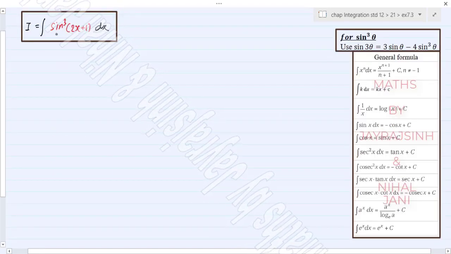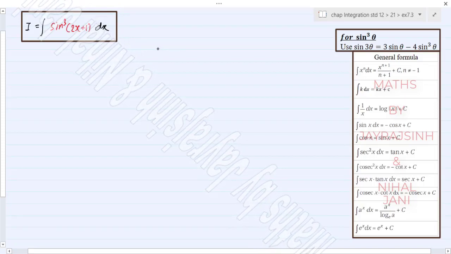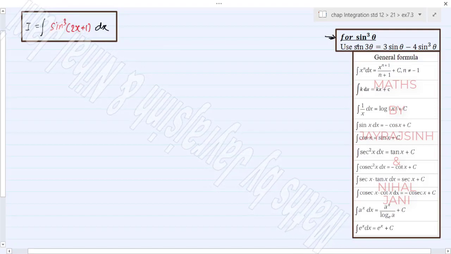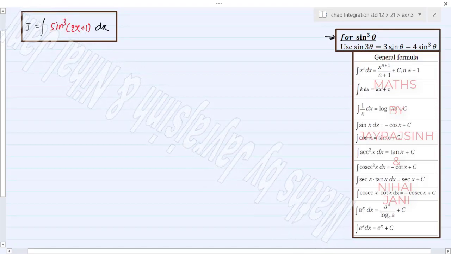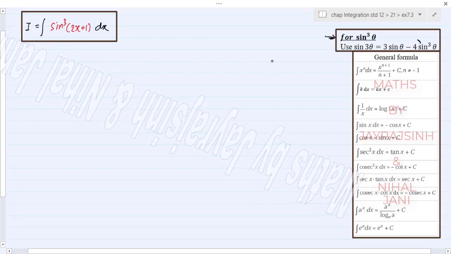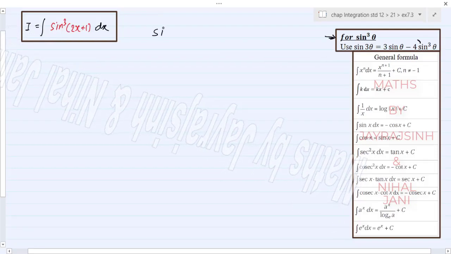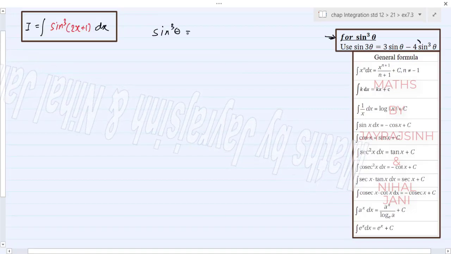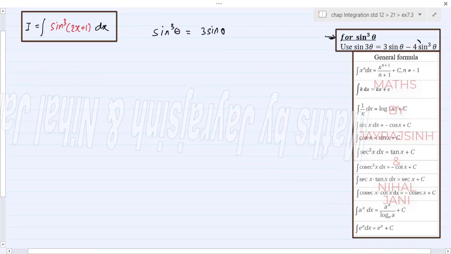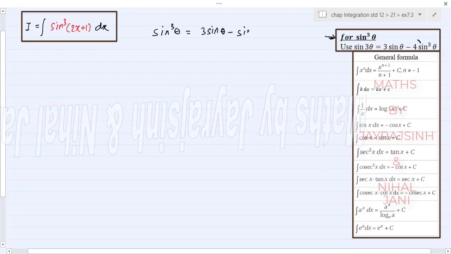Here we have to integrate sine cube (2x plus 1). So whenever we have to integrate sine cube theta, we have to use the formula of sine 3 theta, which is 3 sine theta minus 4 sine cube theta. We can make sine cube theta the subject. So we'll get 3 sine theta minus sine 3 theta